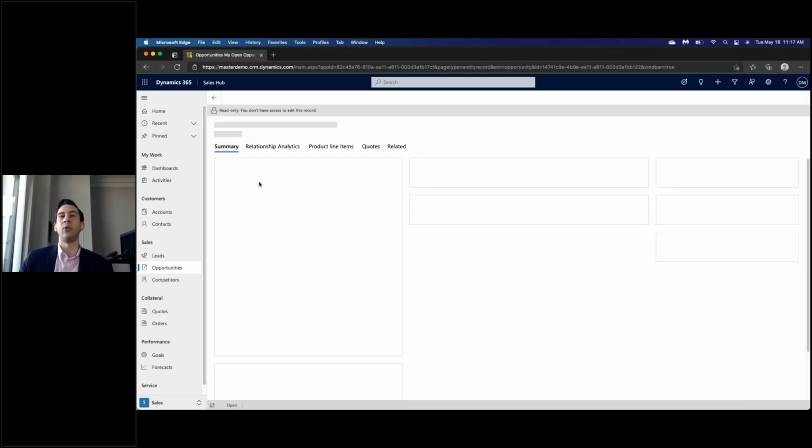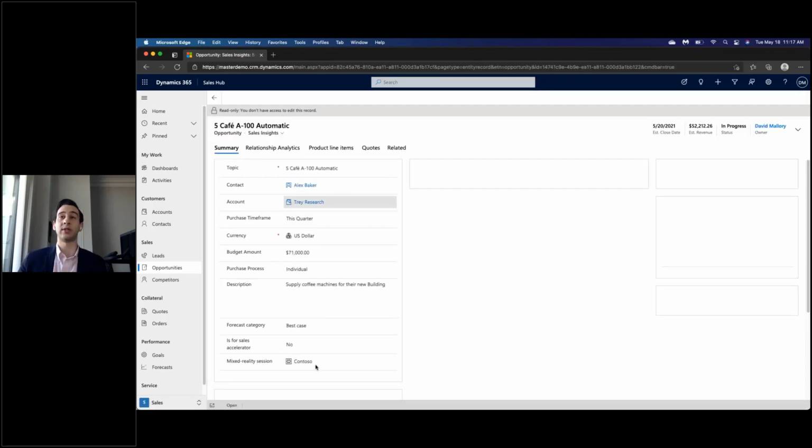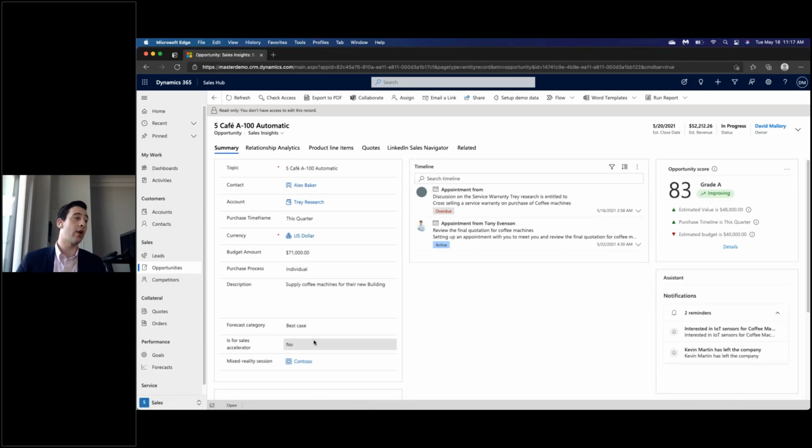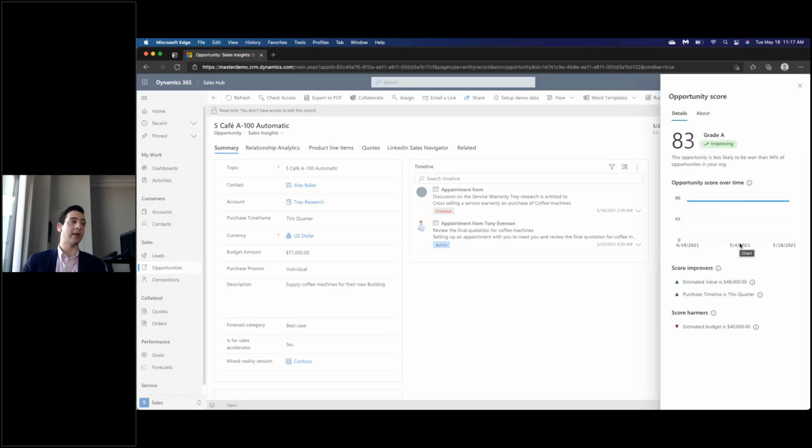So I'm going to dive into one of these good opportunities just to show you what it looks like. Obviously, we have general opportunity information. I'm going to kind of skim over that general X's and O's of sales stuff, like opportunity management and what's on the opportunity record. I'm going to go right over to the opportunity score. So what's actually driving this score? There's obviously an AI engine behind this as well as behavioral data on the customer's end. So I position this in 2 ways. I say you can measure the opportunity score by